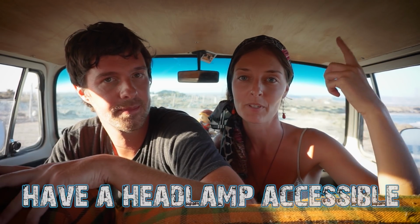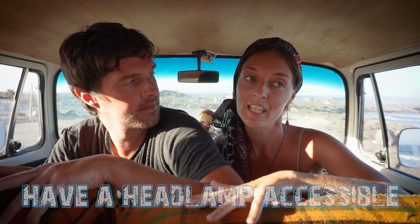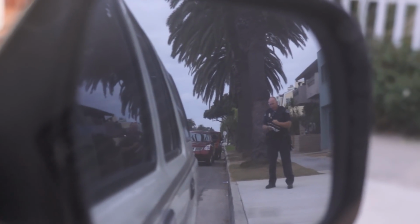Yeah. Another safety tip if somebody comes to your vehicle at night, which we mentioned in the security equipment video, is to have a headlamp available and easily accessible, so that if somebody does come and knocks on your door, instead of putting on your light so they can see in, you have a headlamp so you can shine it on them and see who it is, so they get blinded or shocked and scared, or if it's just the police wanting to say hi and...